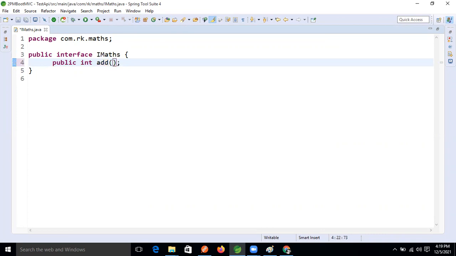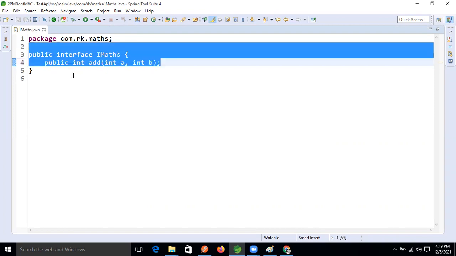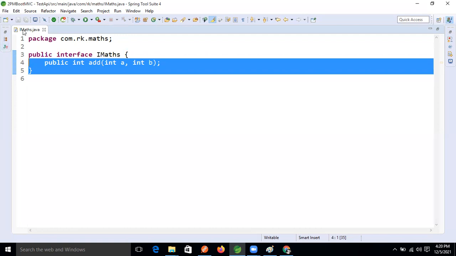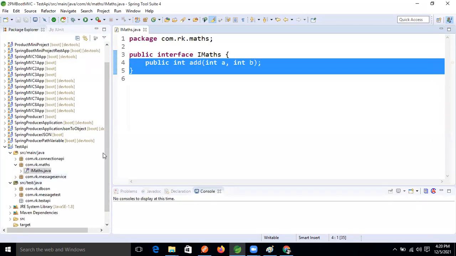This is ready now, guys. Here I'm writing int a and int b. Okay, fine. Her code is completed, but how can she test it without the implementation class? She cannot do unit testing normally; we have to write the implementation class also, then we can test it, correct? But she knows the mock framework, so she will write the test for this one.